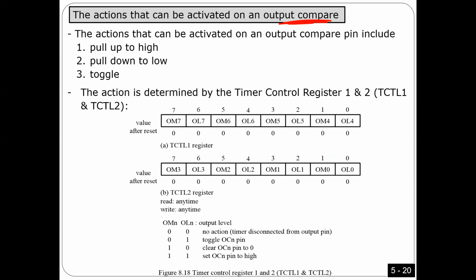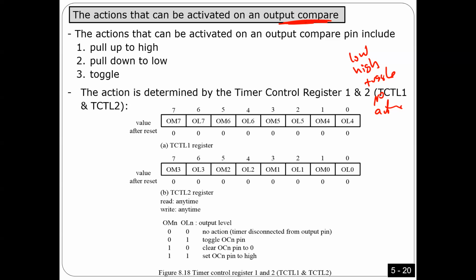This action, you can program it. We have 4 actions. So after 300 microseconds, what do you want to happen to the pin? You want the pin to be low, you want the pin to be high, you want the pin to toggle, or no action on the pin. Don't do anything on the pin. If it is high, leave it high. If it is low, leave it low. Is that okay?